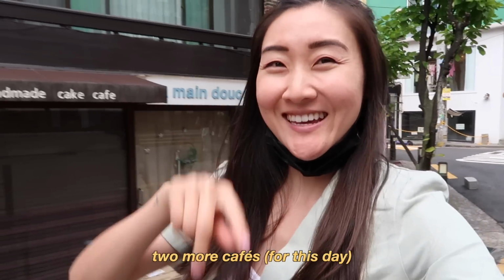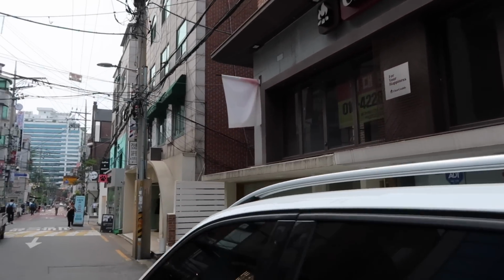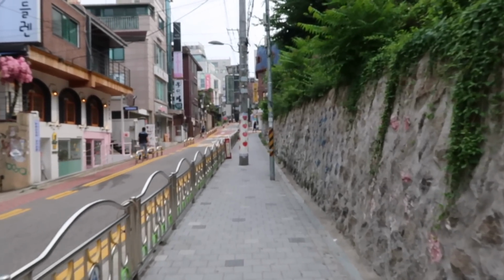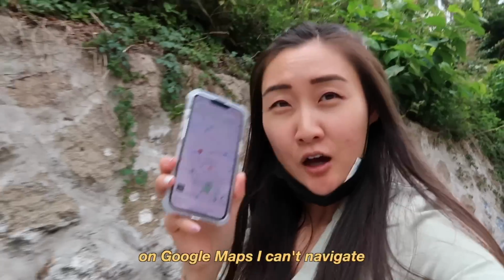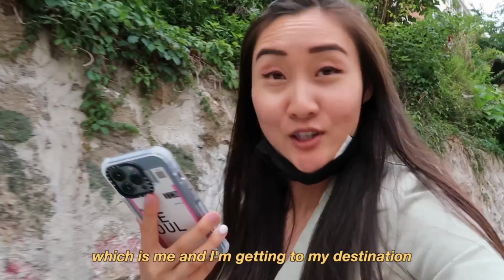2 more cafes. I was able to find everything on my own by wandering the streets, and if you ever get lost, you can always ask someone by pointing to an address. Trying to navigate myself there. It is walking distance. I think I'm getting closer. On Google Maps, I can't navigate, so I've just been following the little blue dot, which is me,